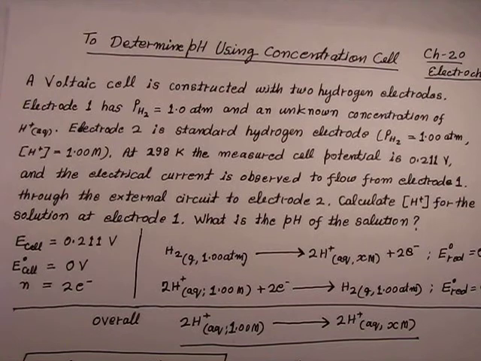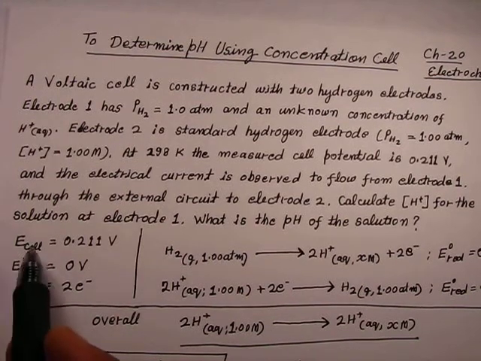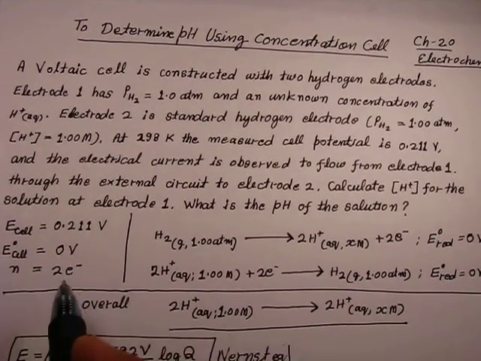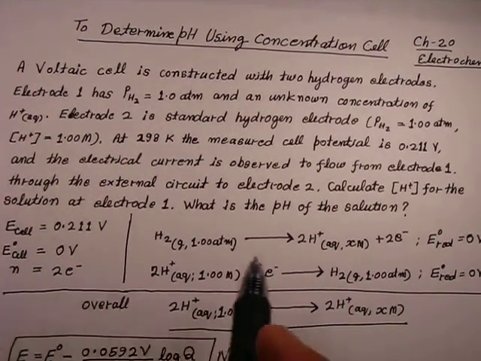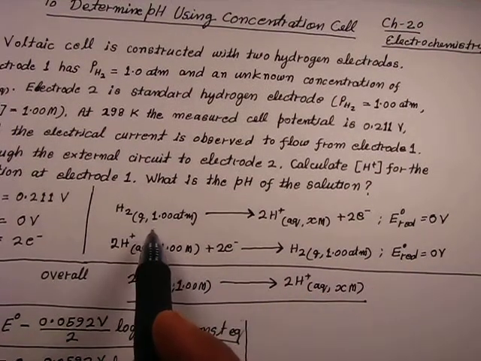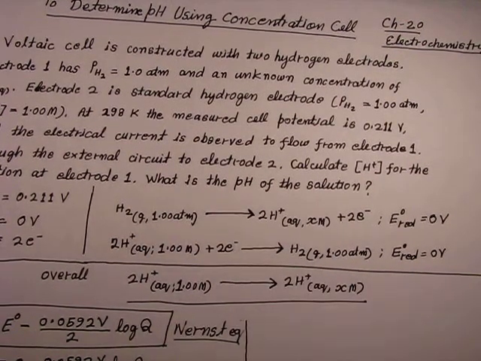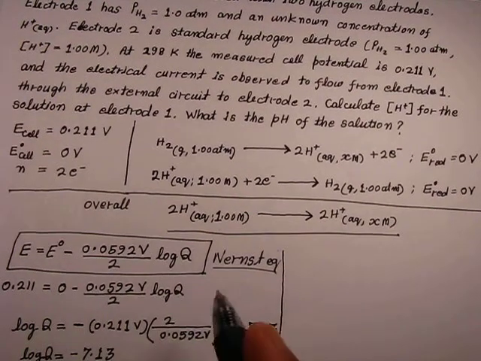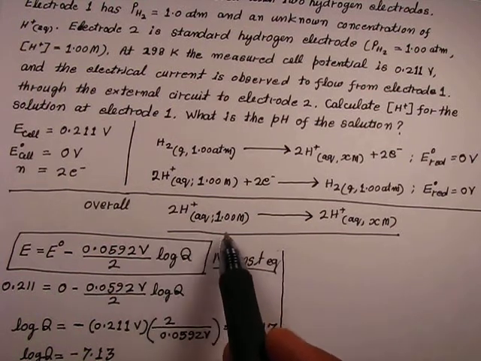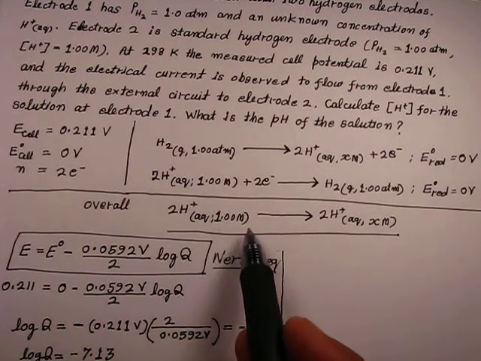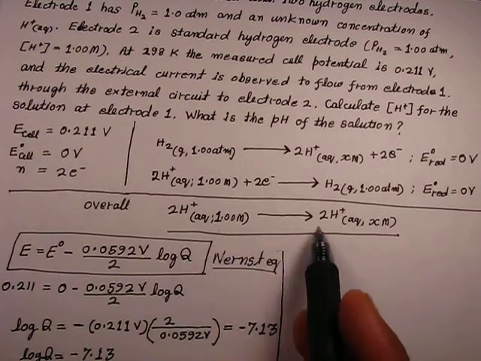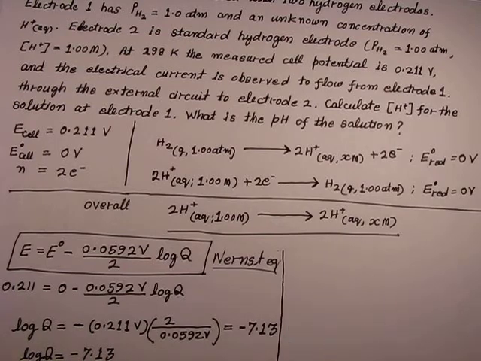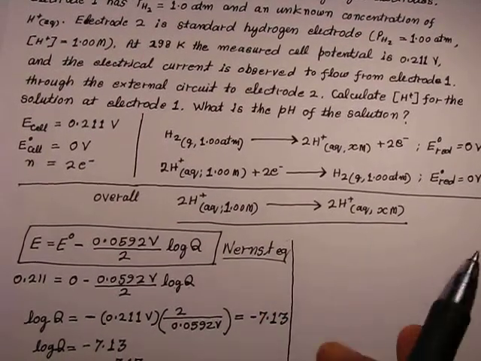So basically in this question they have already given the E cell value, and the standard cell potential E0 is 0 volt, and 2 electrons are transferred. These are the reactions happening in this question, and this is the overall reaction, which has 2 hydrogen ions at 1 molar in aqueous solution. The reactant concentration is given, but they did not give the product concentration, that is why I cannot calculate the pH yet. So we have to find out the product concentration,